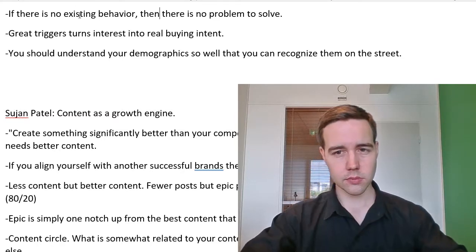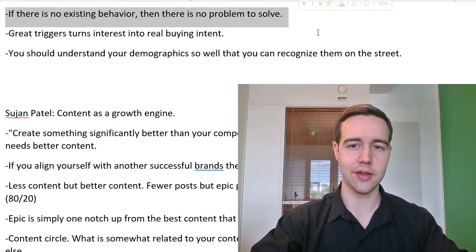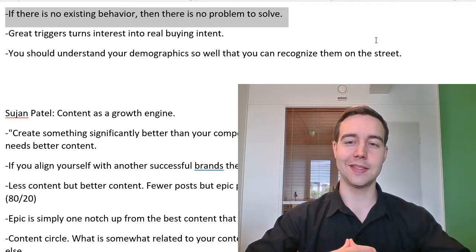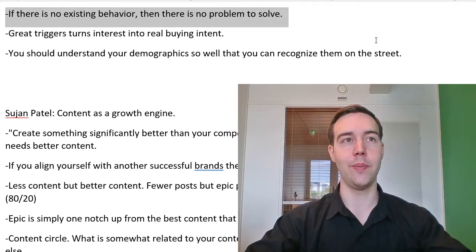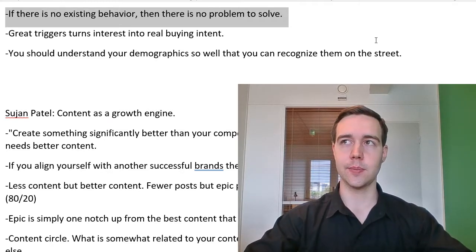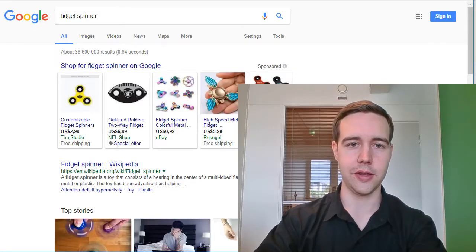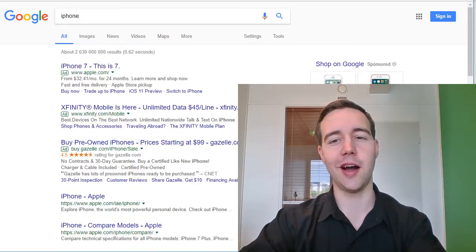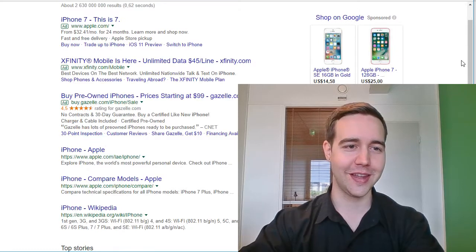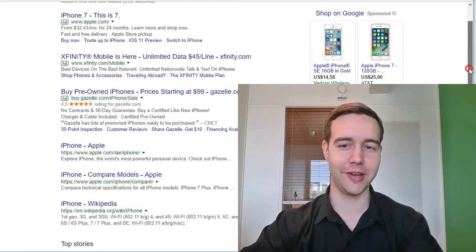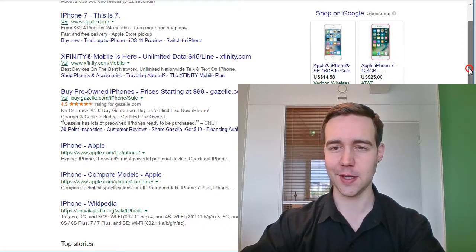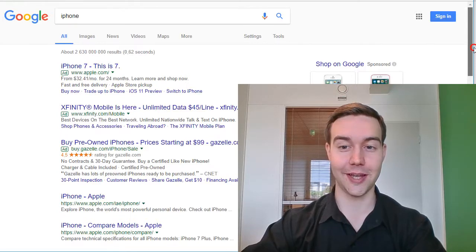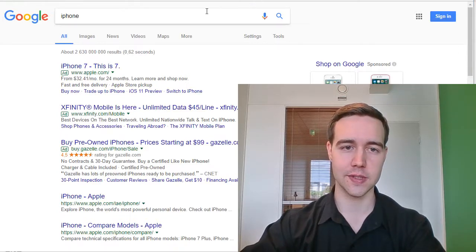So marketers oftentimes tell you that problems can be created, and probably some people manage to create problems and then solve them. So let me think of an example. All right, here's a couple of examples. Here's the fidget spinner. Another one would be the iPhone when it first came out. That was a big problem solver, and people didn't really want to watch movies from their cell phone or listen to music from their phones, whatever. But suddenly they had the need when this solution was introduced.